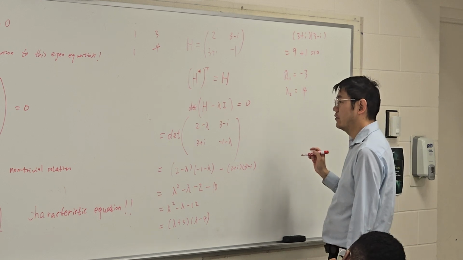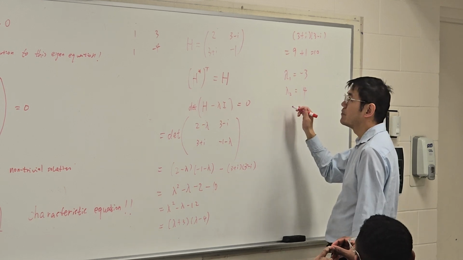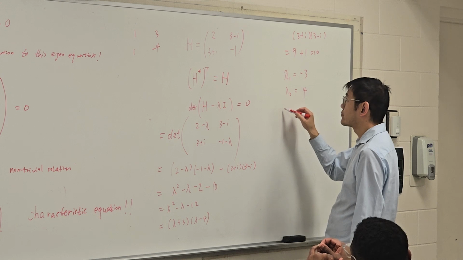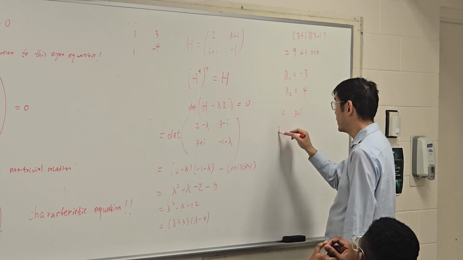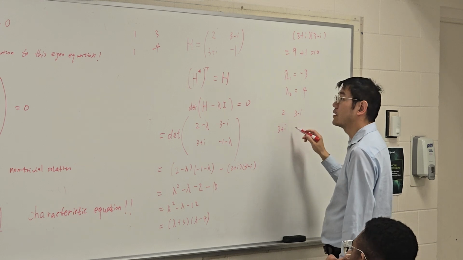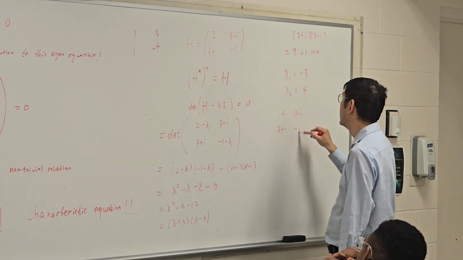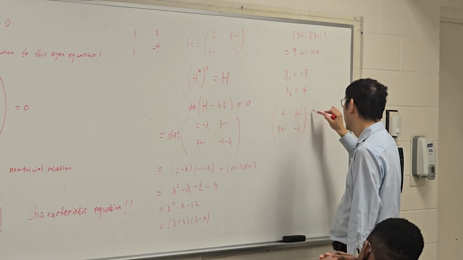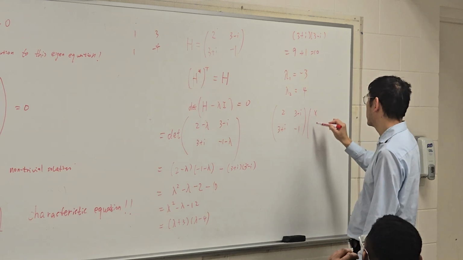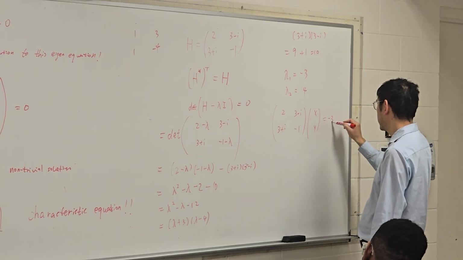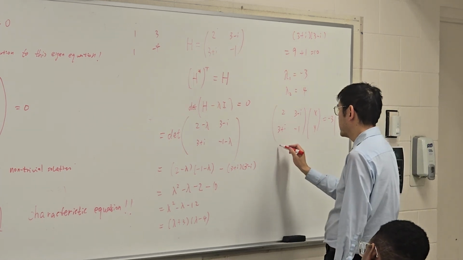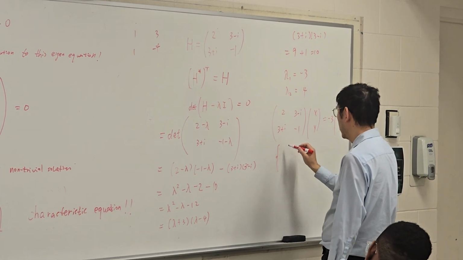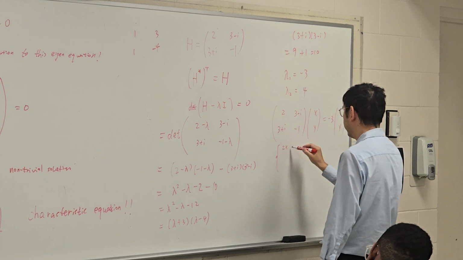And put it back to find out what the eigenvectors are. So it's the matrix 2, 3 minus i. Now the eigenvector is no longer required to be real. (x, y) equals minus 3 times (x, y). So this gives me 2x